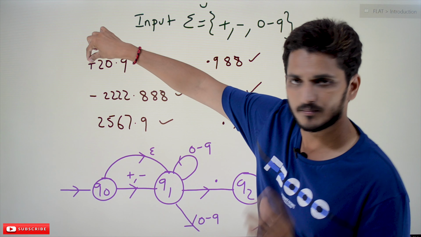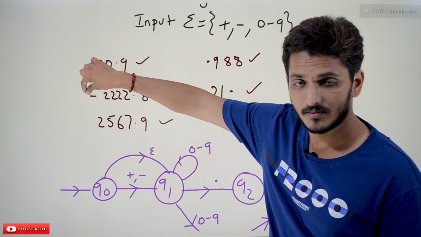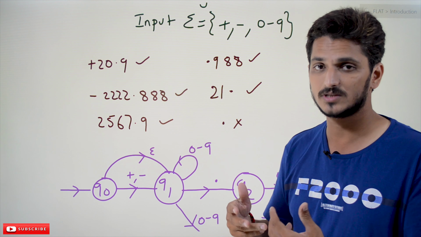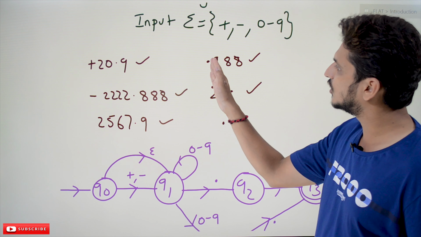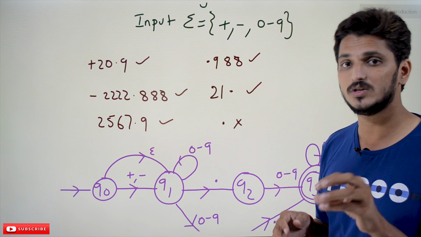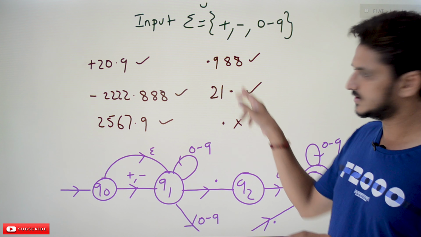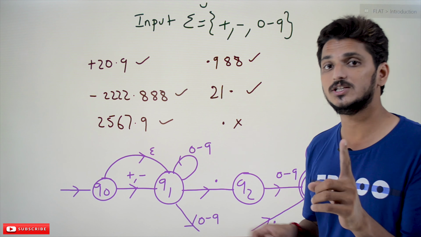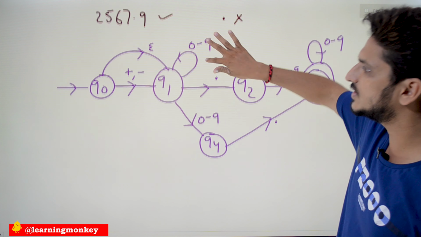Initially you can find plus, or initially you can find minus. There is no need to find plus or minus either; floating point representation is still possible. And one more thing: before the dot, is it compulsory to have digits? No. After the dot, is it compulsory to have digits? No. But one condition we observe is that on at least one side, before or after the dot, you should have at least one digit. Keeping all these conditions in mind, we have to design the logic for identifying floating point numbers.